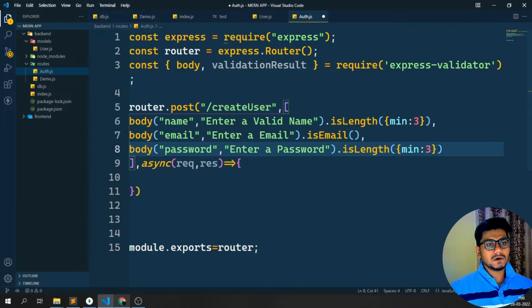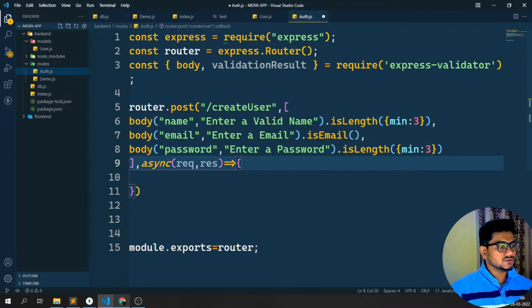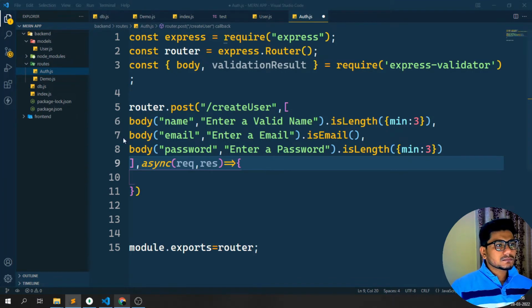So whichever you want, you can just validate it. I'll just keep it as length minimum, at least 3 characters it should be there. Okay, so this is one thing I need to get. So once it has been done, next what I need to do here is